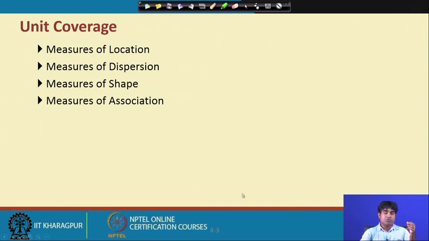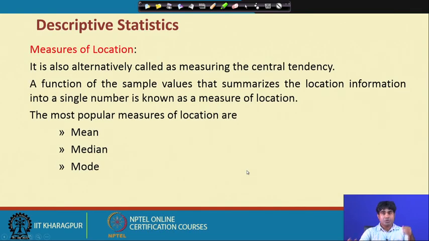Now, what is all about measures of location? In fact, we have already discussed some of these details in the second unit while using the Excel spreadsheet. In the Excel spreadsheet, all these statistics are there by default.